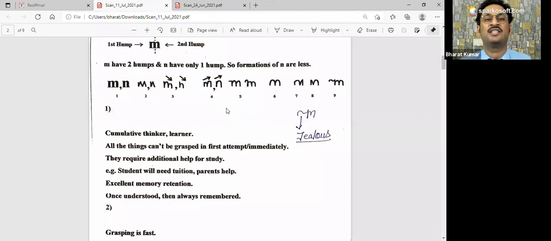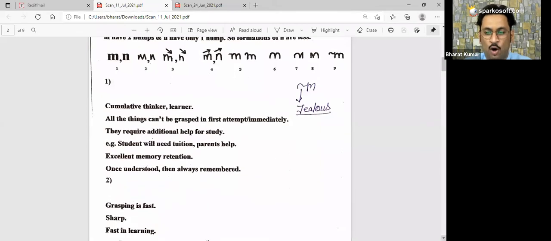Meaning if you are supposed to address a gathering and you are supposed to stand on the podium, then you will feel nervous. How many of you feel this many times? Yeah, I will scroll down, Apurva. Okay. So if you are using M or N, this will be the trait. Now check type 5. In case of type 5, it is considered a hook.